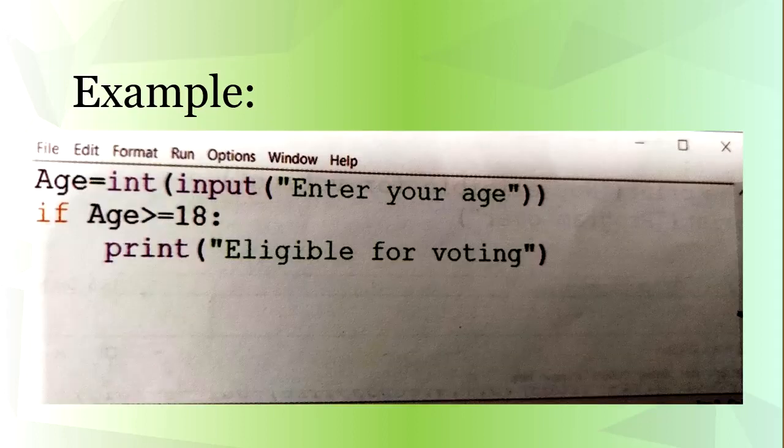In this example, we have taken a variable age in which we will take the input from the user about his or her age. Now, the if construct is being used over here. If the age of the user is greater than 18, then the message "eligible for voting" will be displayed on the screen. So there is only one condition and there is no else part, that is, if this condition is false, that is if the age is less than 18, we don't have any output for that purpose.